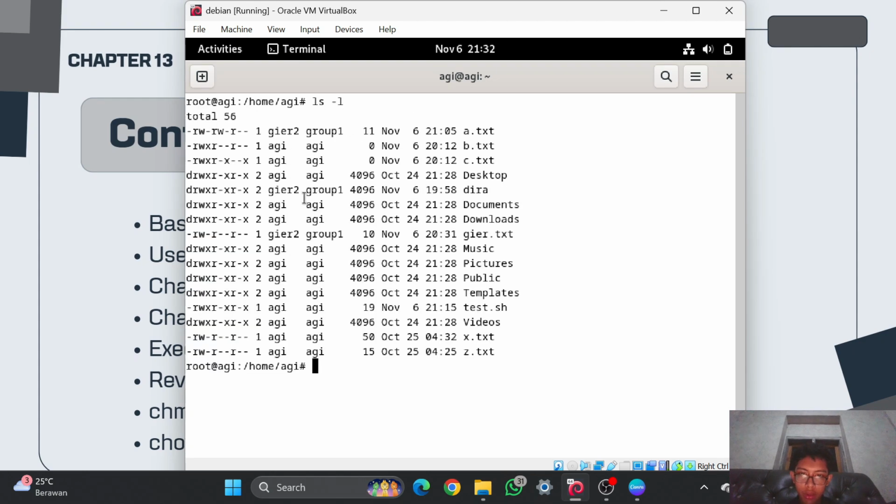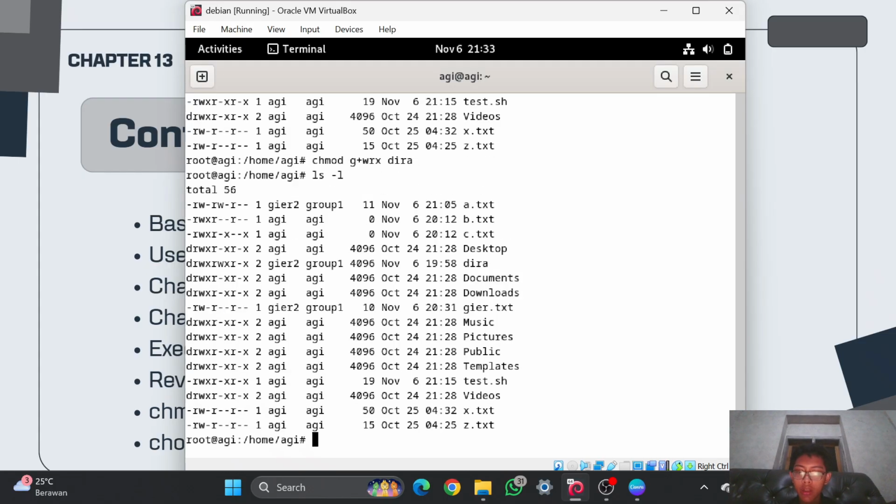I want to change the permission of the group into full access. That means you can use chmod g+rwx, write, read and execute, and then dir.a, then enter. And if I check again, now the group has full access.